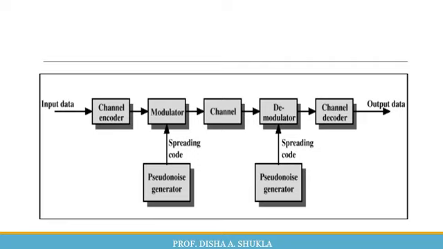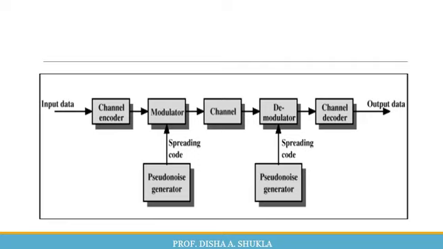The next application is wireless LANs, that is WLANs. Wireless LANs widely use spread spectrum communications. IEEE 802.11 is a standard that is developed for mobile communication and widely implemented throughout the world. The standard defines three types of physical layer communication, that is infrared communication, direct sequence spread spectrum communication, and frequency hopping spread spectrum. Now here in this whole channel, we'll be discussing the two, that is direct sequence spread spectrum and the frequency hopping spread spectrum.